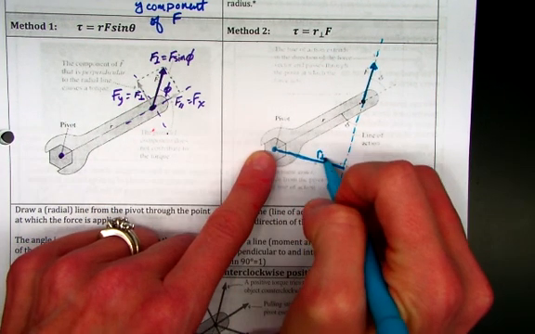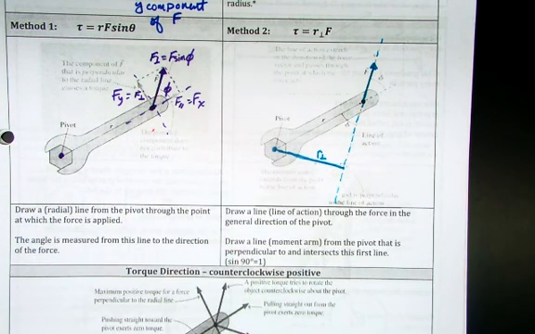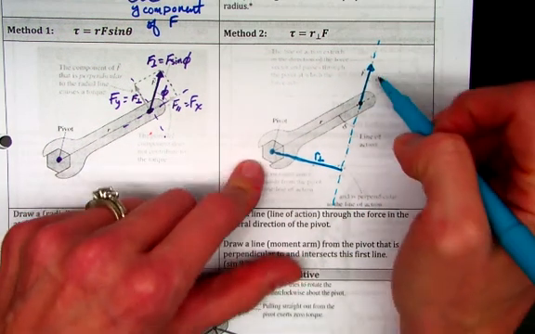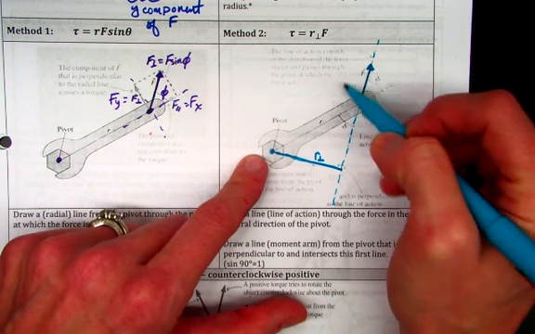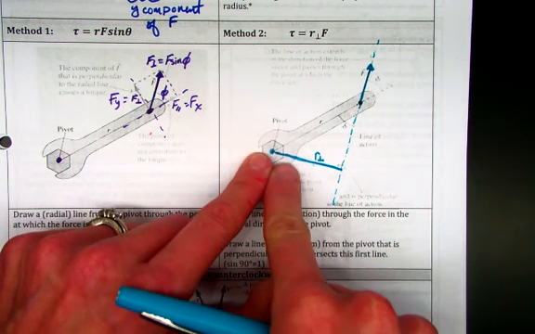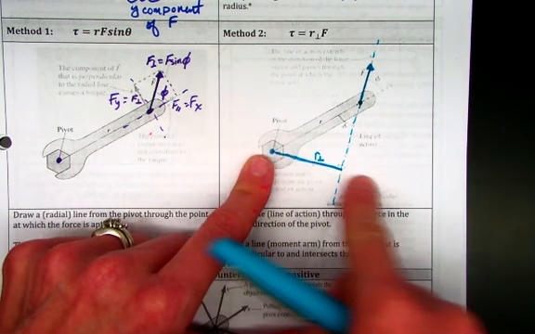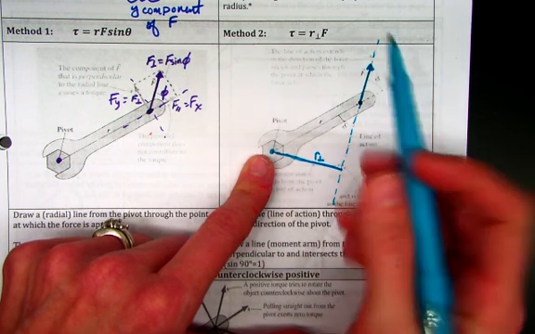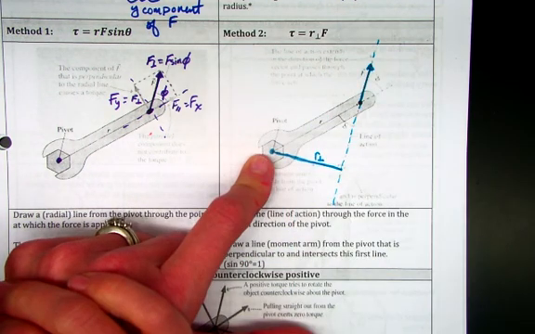Good so far? Okay, so it turns out if I have the size of my force vector here, and I can get the side of this R perpendicular, then I can calculate the torque. Now if you'll notice, if this is phi right here, we have the same problem here and here. If this is phi,